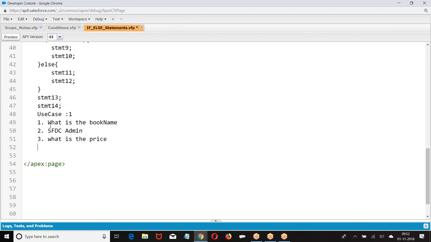What is the price? How many books do you want?